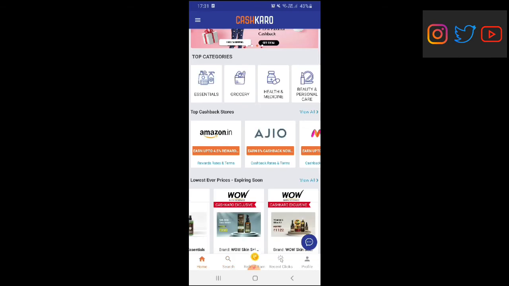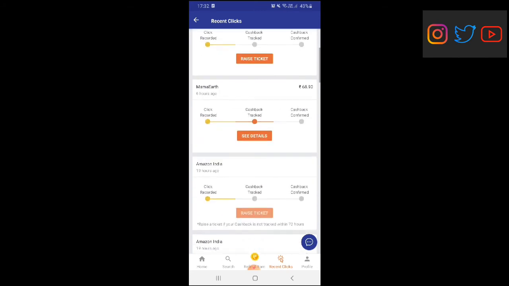There are chances that once the order is placed, the cashback will be placed into your account right then, or else it will take 72 hours or less to reflect in your account. You can see your recent clicks.